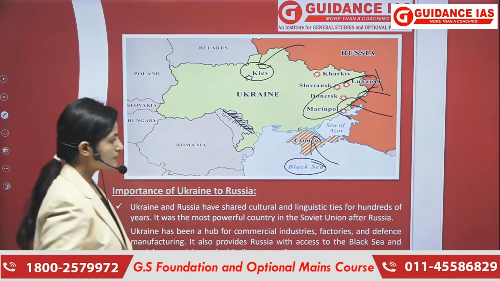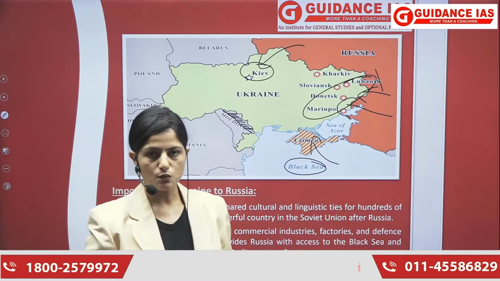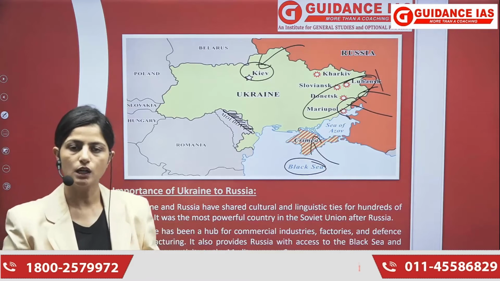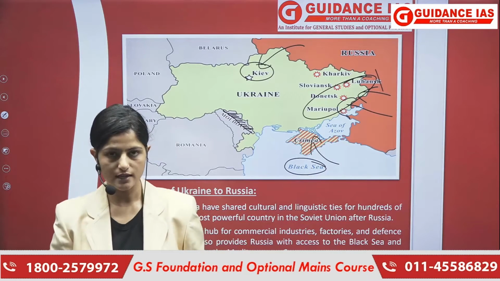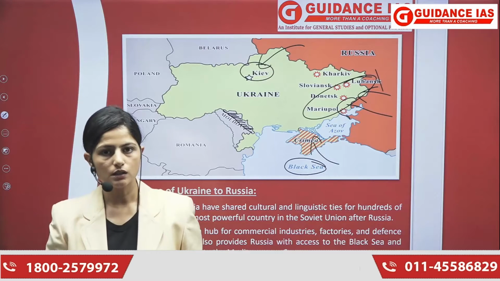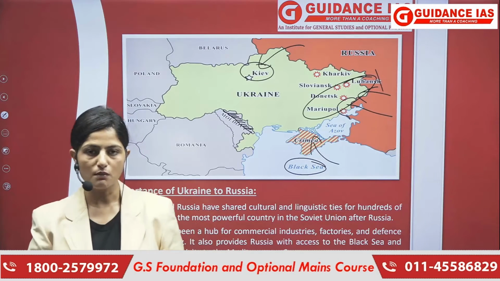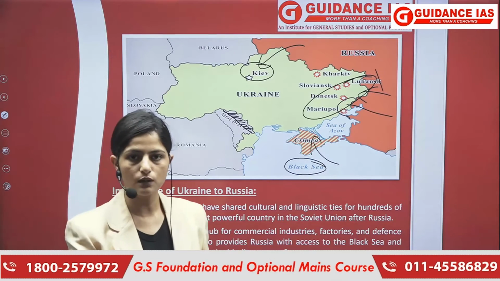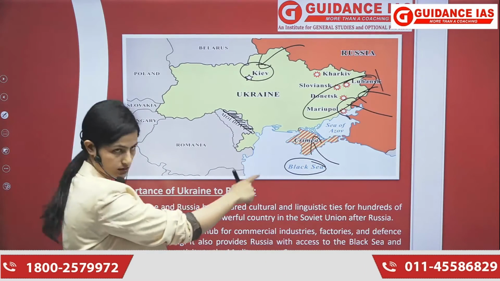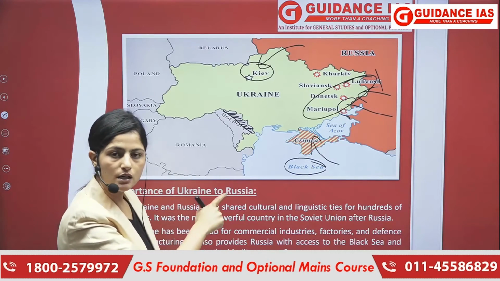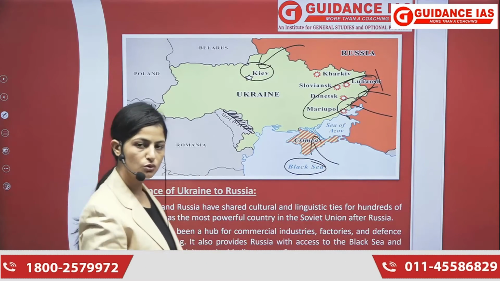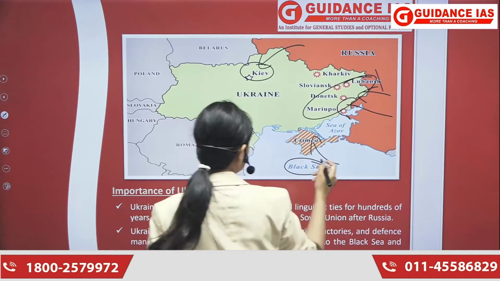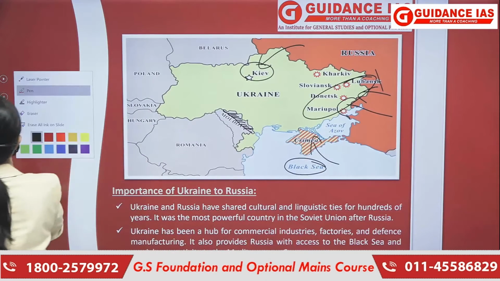Regarding the Black Sea and the exam perspective, I'd like to mention one thing: you must remember the bordering countries of the Black Sea or any other sea which is in the news. If the Mediterranean Sea is in the news or any other water body, you must make a list of the bordering countries of that particular water body. Like for example, the Black Sea: because of Russia and Ukraine it is in the news, so you must know what the bordering countries of the Black Sea are. How I try to remember it, I will just tell you.